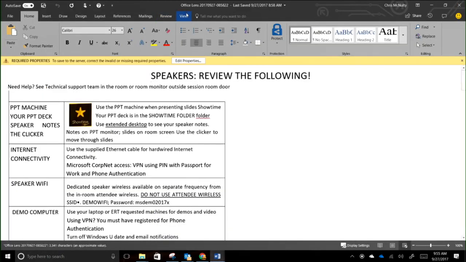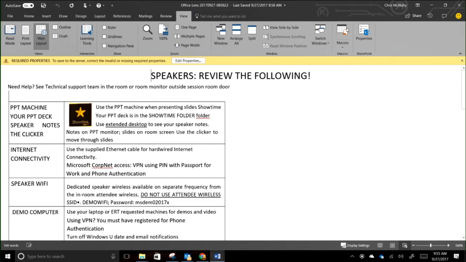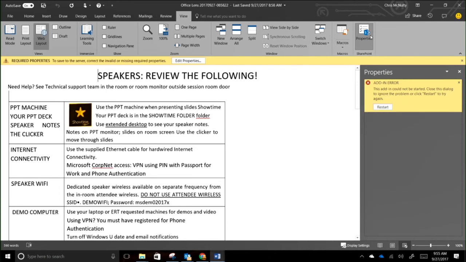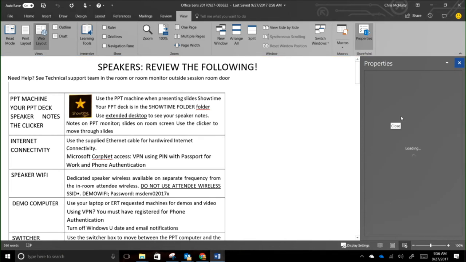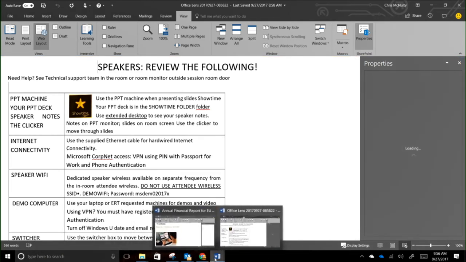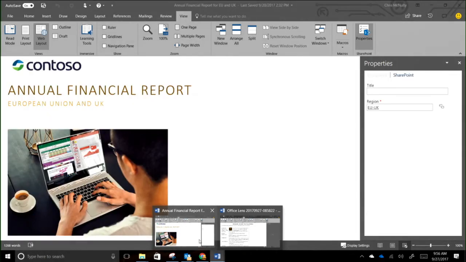Okay, there you go. So here we are. And if I hit View up on the ribbon, you'll see over here I now have something called Properties. When I click the Properties pane, restart this. Come on, baby. Should have restarted Word. No whammies. Word's not happy. This is why I don't have this on my machine yet. There it is. Okay, went to another document. But